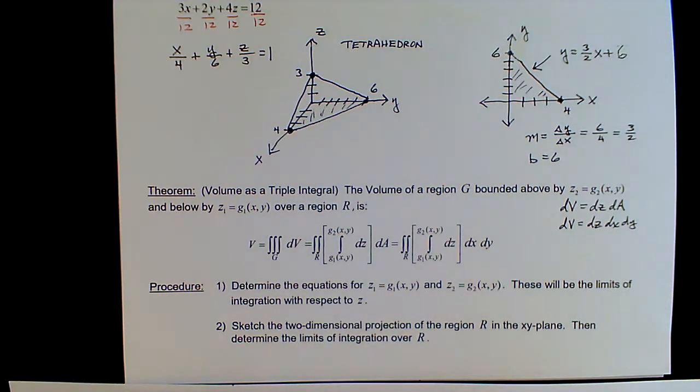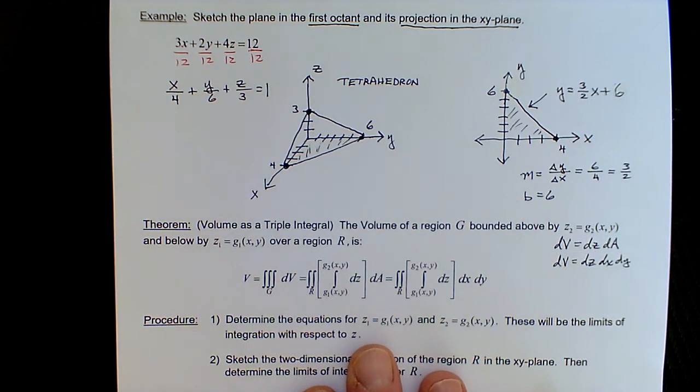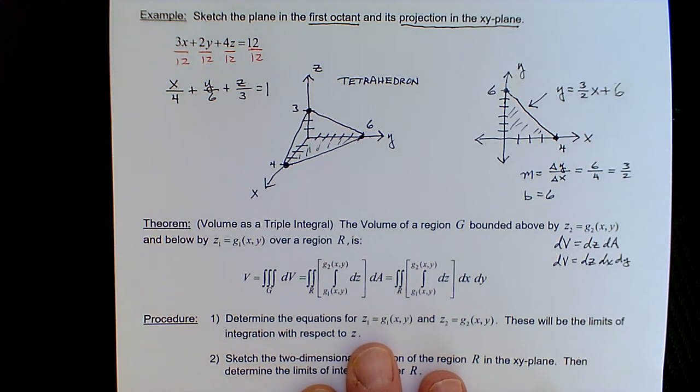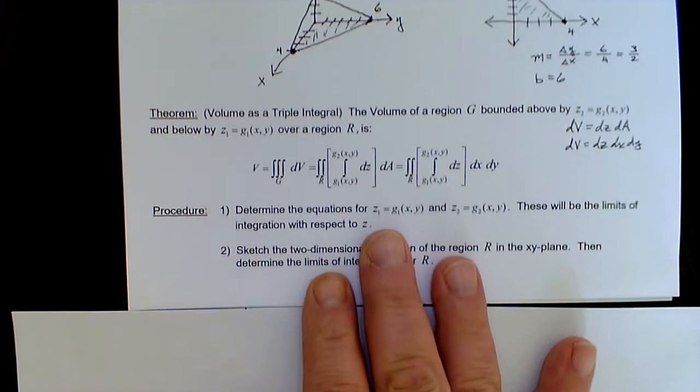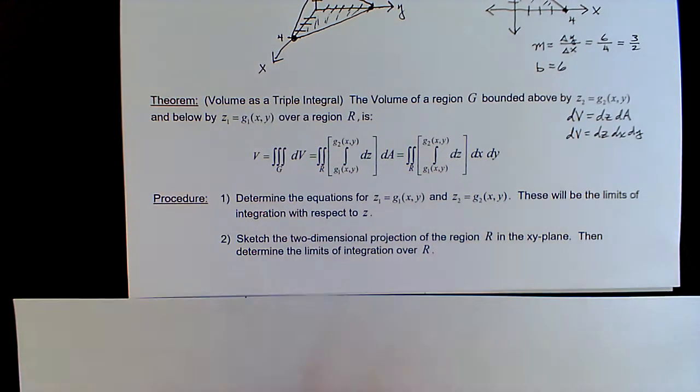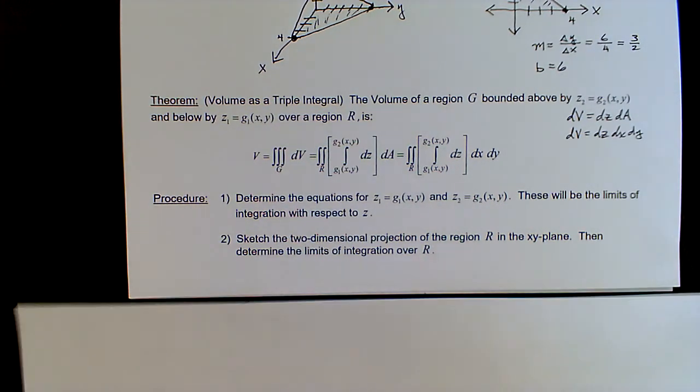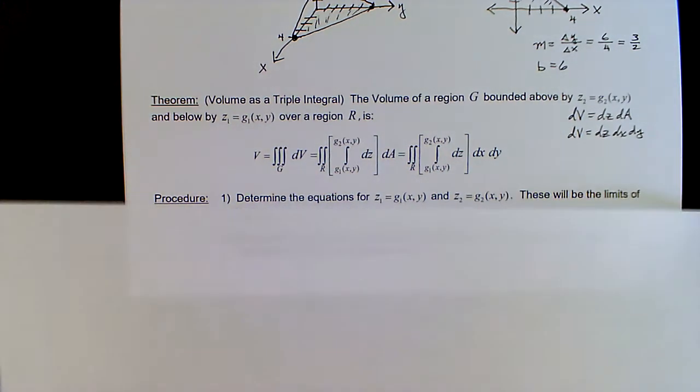Hello everyone, this is part 2 of section 15.5, triple integrals. We left off with a sketch of a plane, what we call a tetrahedron in its standard form, and a theorem with regards to volume. And with regards to this volume formula, it's really in general a situation where you might have, let's say,